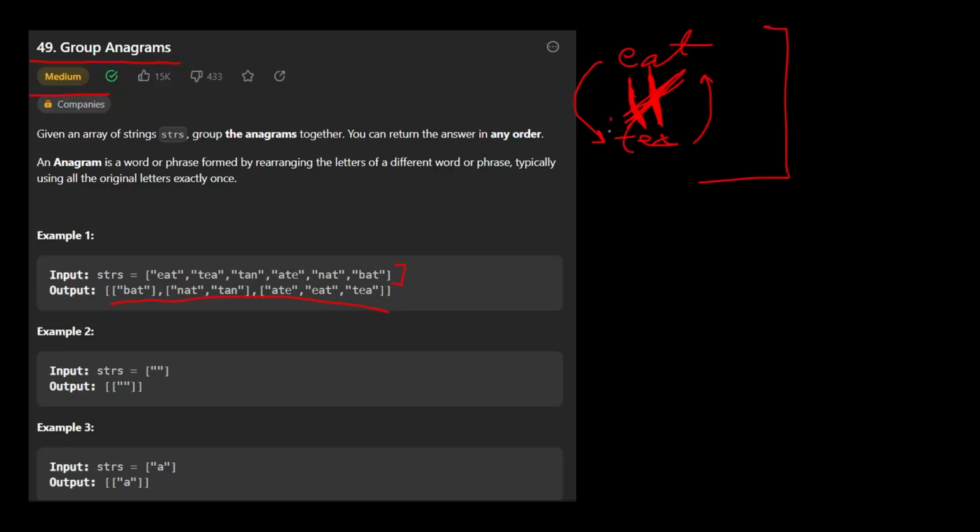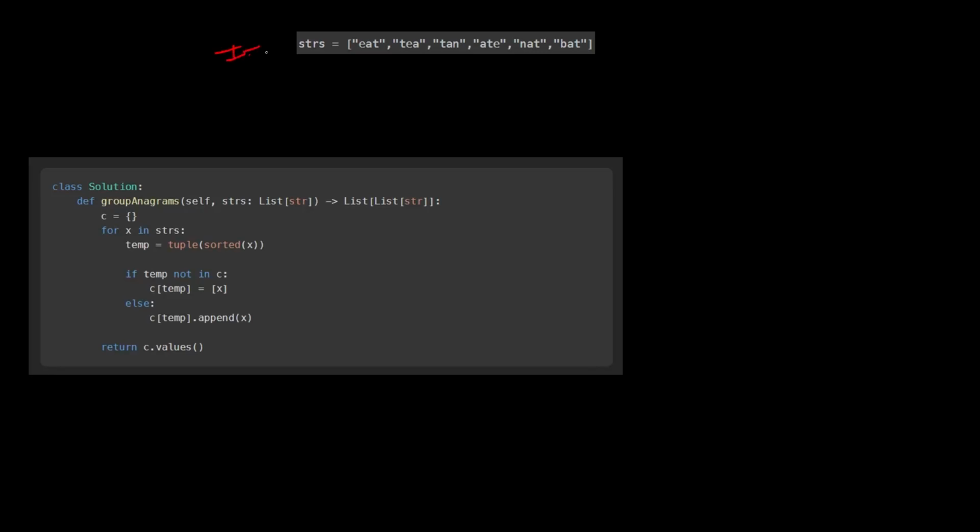Even if there was one single T extra here, even though the letters are the same, the count is not the same, so we can never rearrange this from this. So this will never be an anagram of this. So now let me show you how we will solve this. So this was our input,